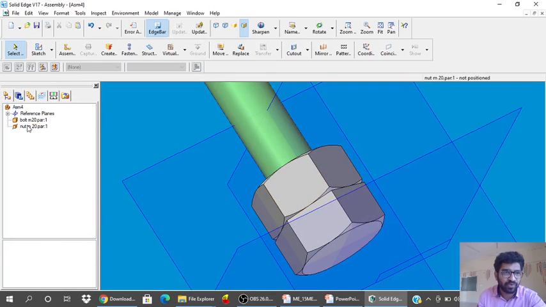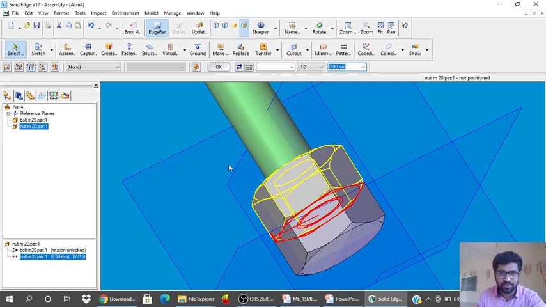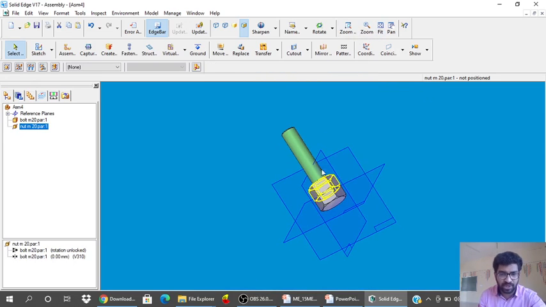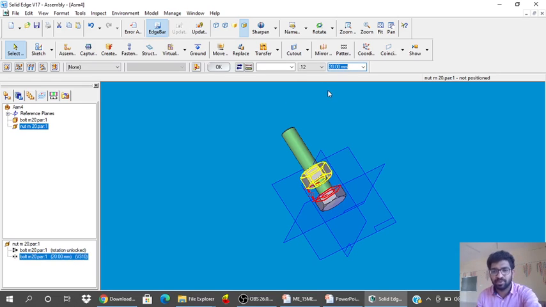Go to assembly pathfinder, click on nut. So the distance as seen in the drawing will be like 20 mm. So I'll give the distance as 20 mm. Sorry, from the bottom it is 20.